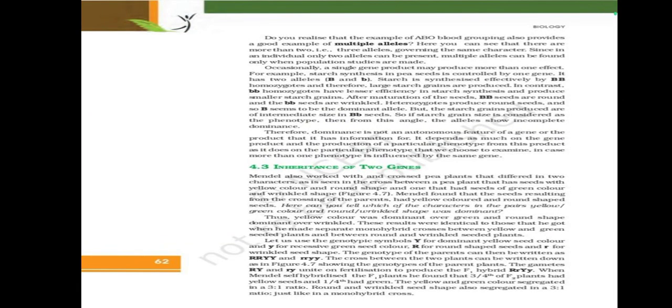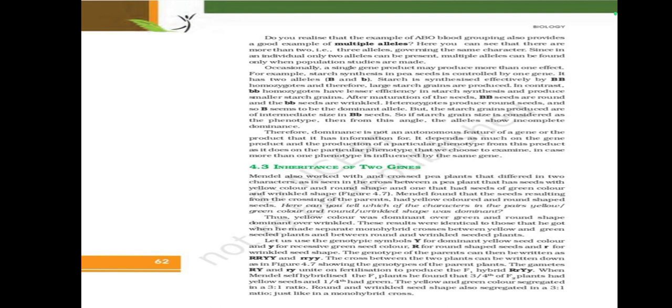Inheritance of two genes. Mendel also worked with and crossed pea plants that differed in two characters, as is seen in the cross between a pea plant that has seeds with yellow color and round shape, and one that had seeds of green color and wrinkled shape. Figure 4.7. Mendel found that the seeds resulting from the crossing of the parents had yellow colored and round shaped